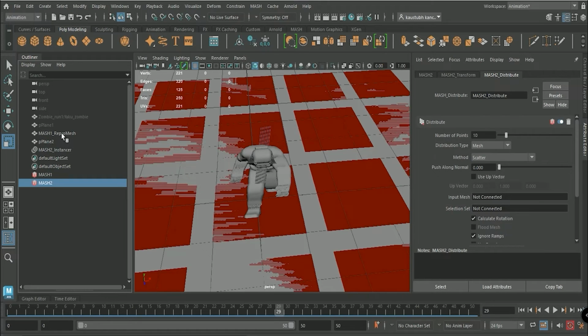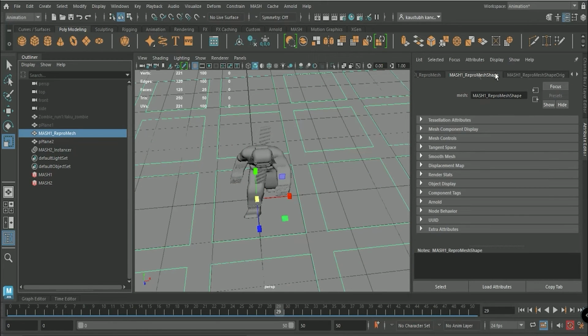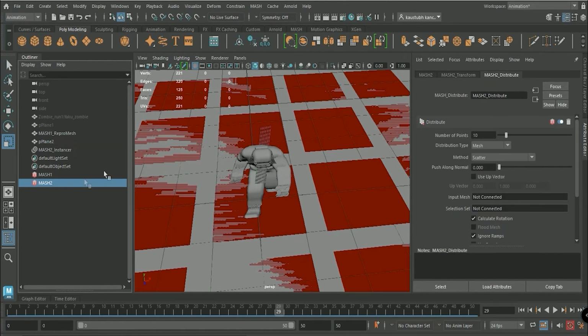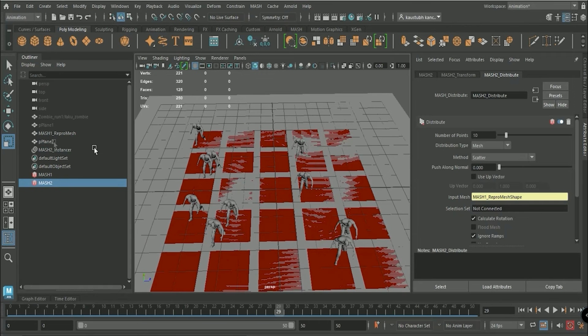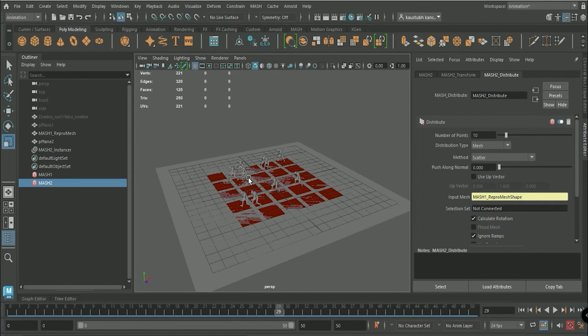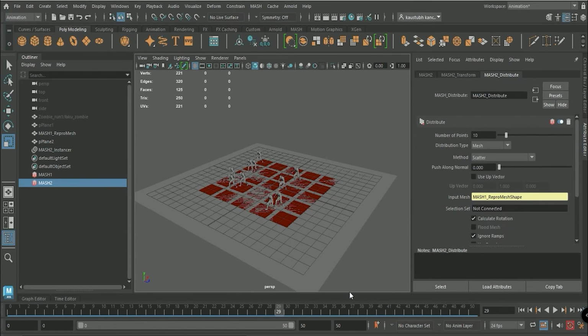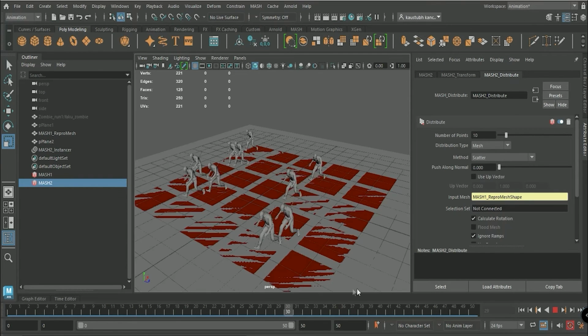If I click over here, this repro mesh settings are opening up, the repro mesh attributes. So I will click on my mesh 2 and with the middle mouse button I will click on this and drag it to my input mesh. Now as you can see, my characters have distributed among my repro mesh. Now if I play my animation, you can see